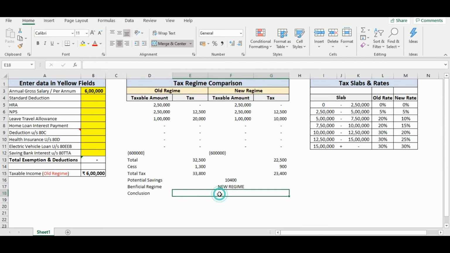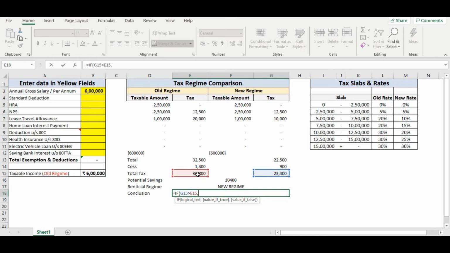For our final conclusion, let us again make use of the IF function and see whether our new regime is greater than our old regime. If it is so, let's display the message saying that it's less tax with old regime.